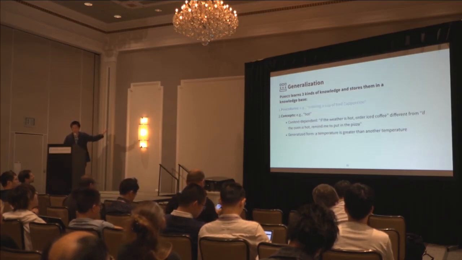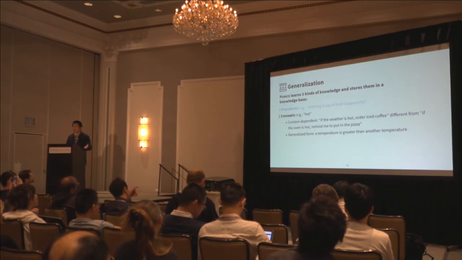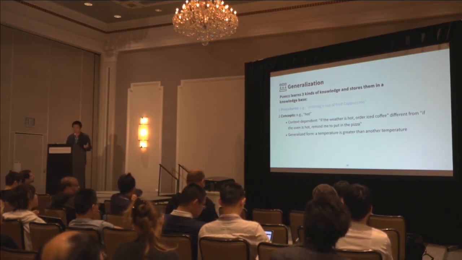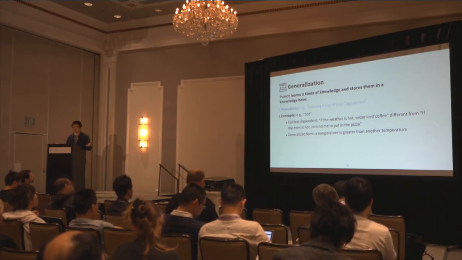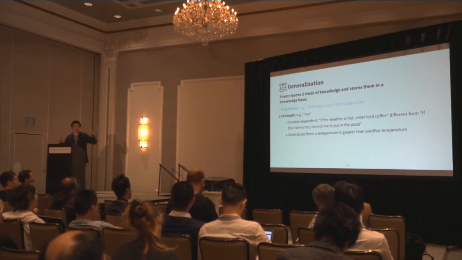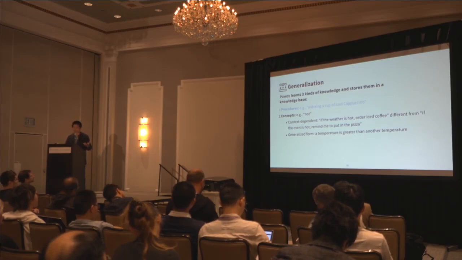The second type is for concepts. In PUMICE, concepts are context dependent. For example, the concept hot in "if the weather is hot, order iced coffee" is very different from "if the oven is hot, turn down the oven." PUMICE can generalize the concept hot to "a temperature is greater than another temperature," and associate the actual implementation to